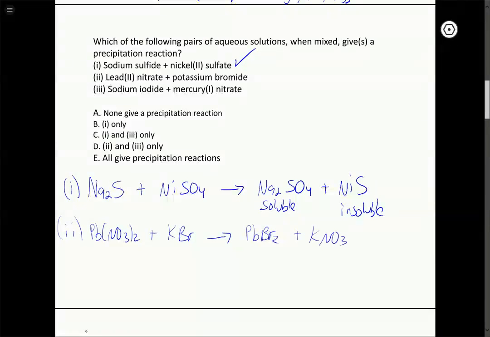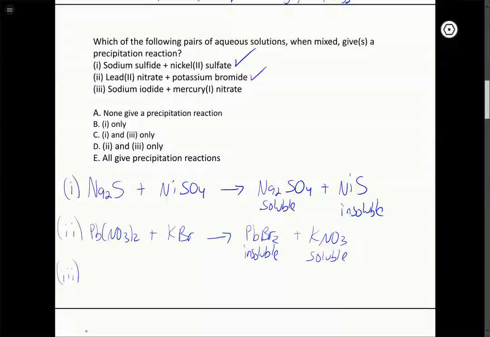And again, the obvious one, potassium nitrate is soluble because all compounds with potassium are soluble, all compounds with nitrate are soluble. PbBr2 is going to be an insoluble compound because lead 2 compounds tend to be insoluble unless they're paired with, like I said, nitrate, acetate, or perchlorate. So this one gives precipitation as well. And then finally, the last one,